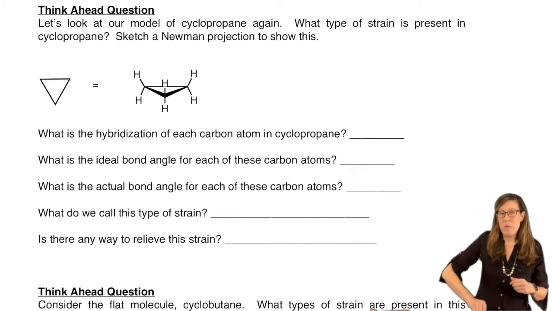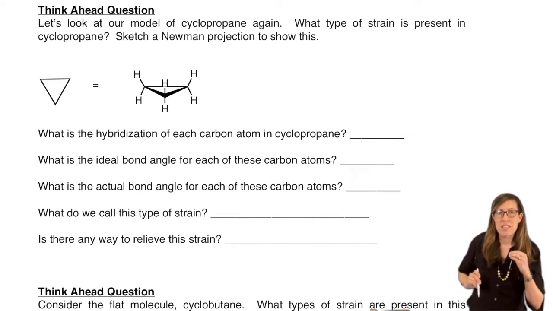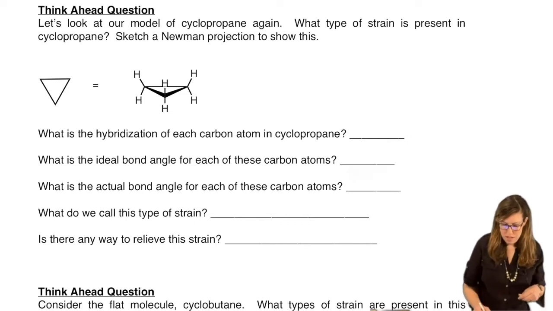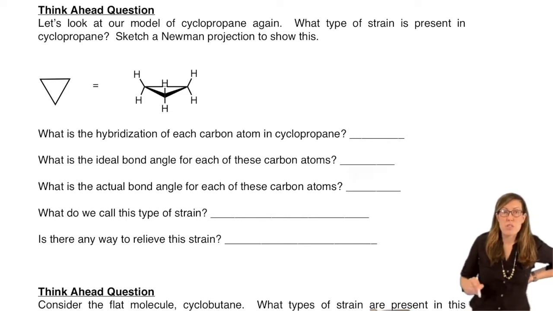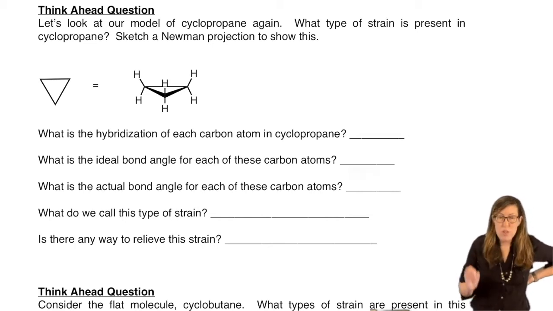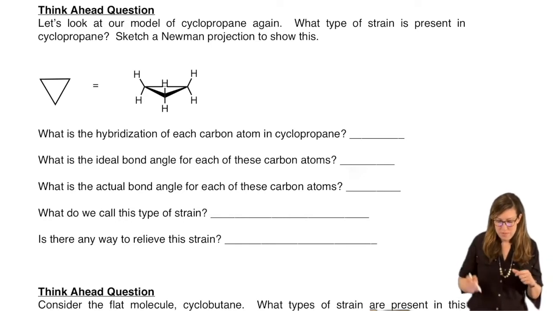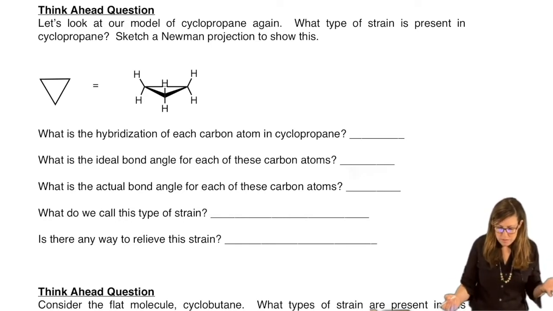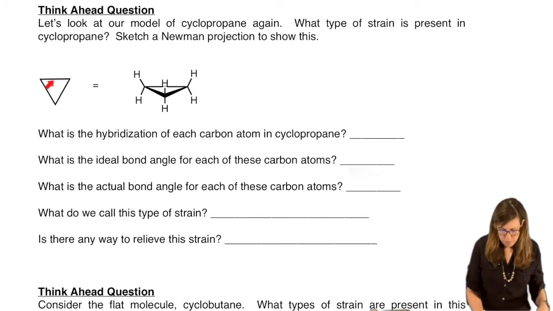Okay, so remember we're trying to use the model kit to help us understand what's on the paper and be able to reproduce our own drawings on paper and create new ones. So we're going to start with the smallest ring, of course, cyclopropane. Essentially a triangle, right? You can see it drawn this way, that's the bond line format, but if you were to go ahead and get that model,